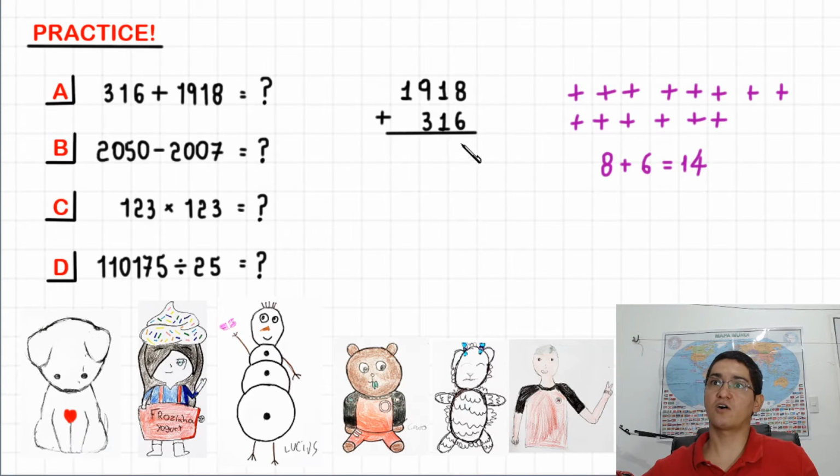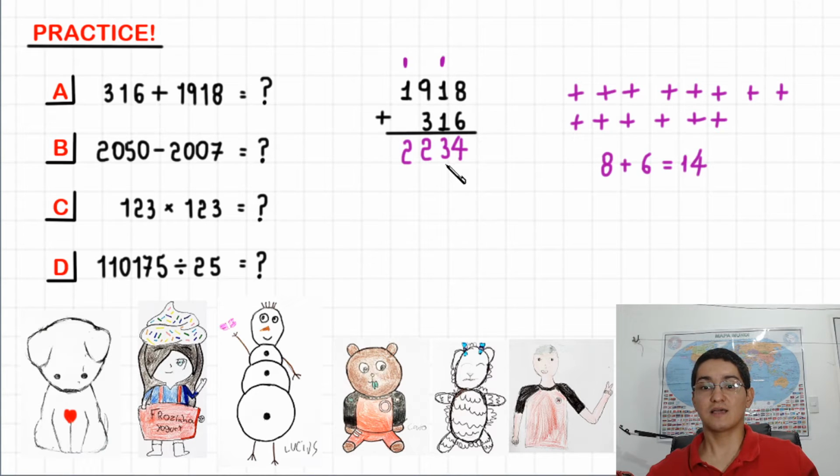I write 4 from 14 here, and the 1 goes up here. Now in the tens place we have 1 plus 1 plus 1, that equals 3. In the hundreds place I have 9 plus 3, and that is 12. So I write 2 from 12 here, and the 1 from 12 goes up here, and 1 plus 1 equals 2. So the result is